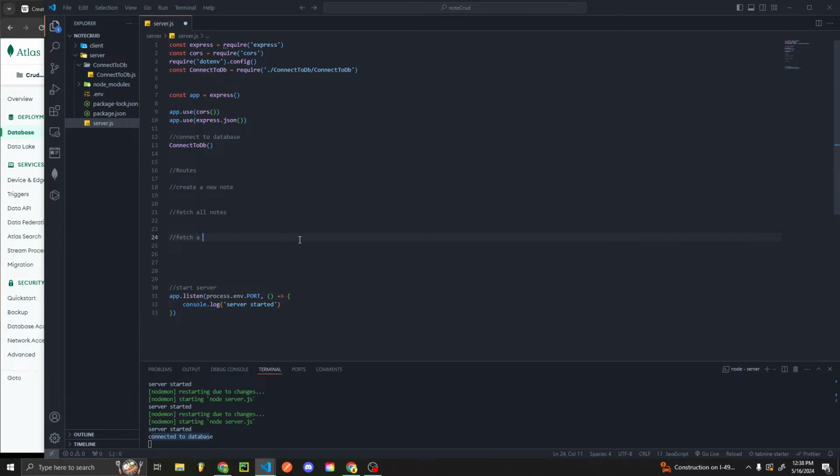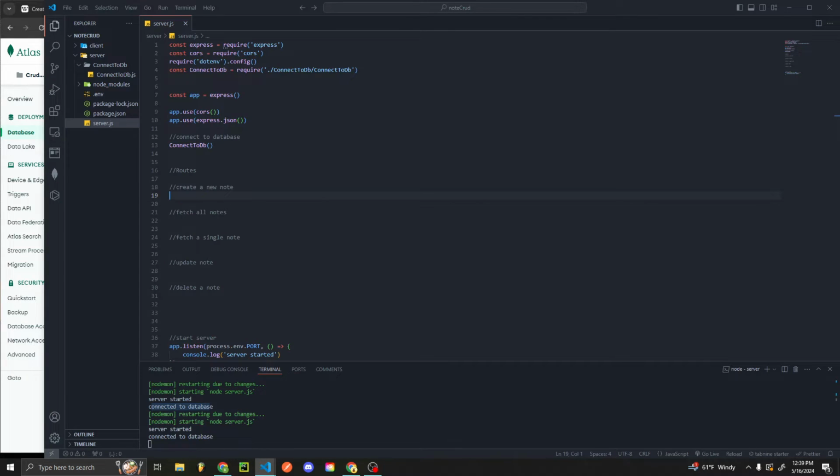I'm gonna fetch a single note, and we're going to update and delete a note. So we can do update note and delete a note, excuse me, just like this. So I'm gonna start with the create a new note since we have nothing in our database right now. So in order to do this, we will need